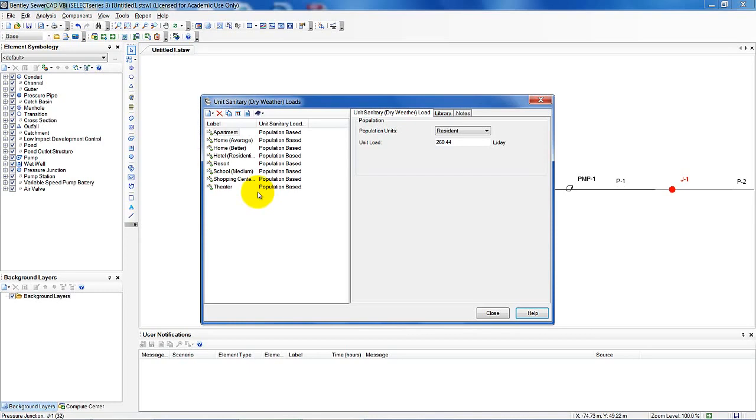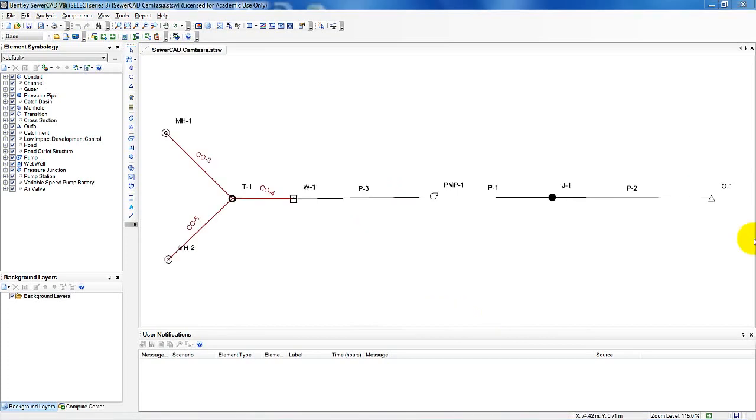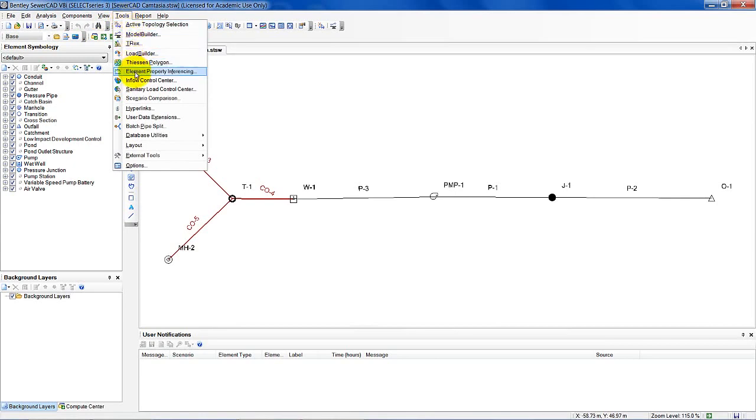So now that we have defined the unit loads, we're going to assign them to the nodes in our schematic model. So what I can do now is close this out. And now that the unit loads have been defined, we're going to assign them to nodes in the model. So what we're going to do is come up over here under Tools, and then we're going to select the,